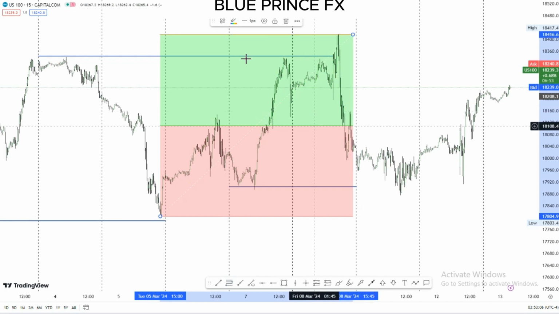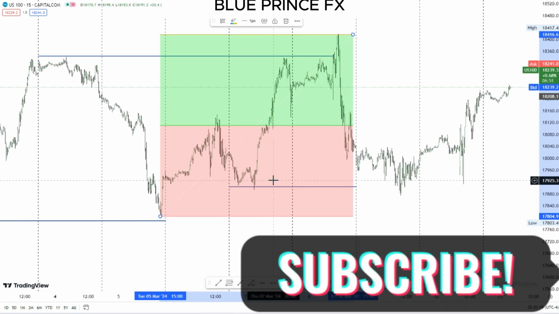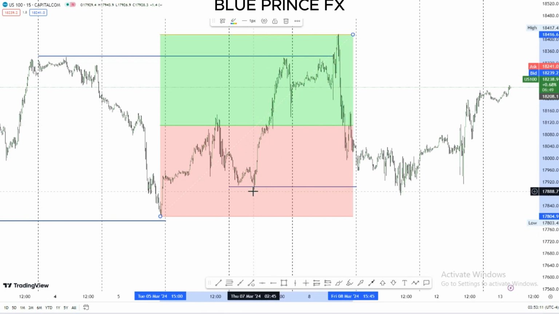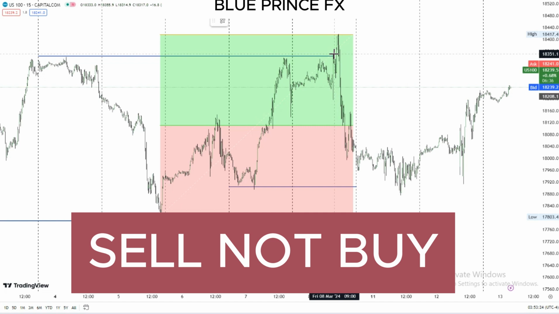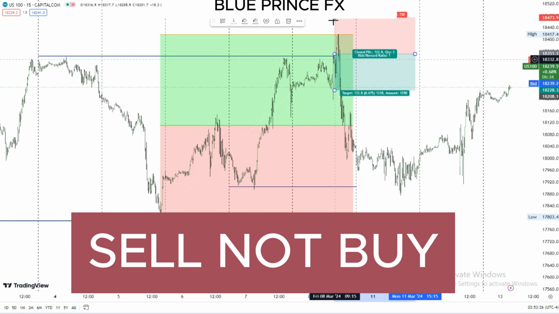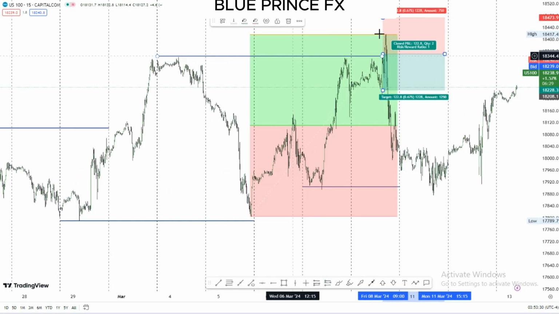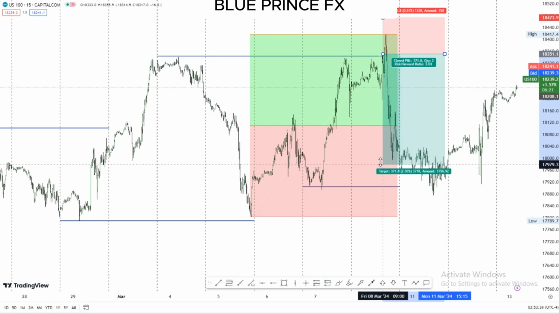So this is equilibrium, this is premium market, this is discounted market. So we want to buy in a discounted market and sell in a premium market. So whenever the market takes out this high, all you have to do is take out your short position, and you buy here. This is the candle that you're going to buy at, right? You can place your stop loss where you want, and let's target this fair value gap